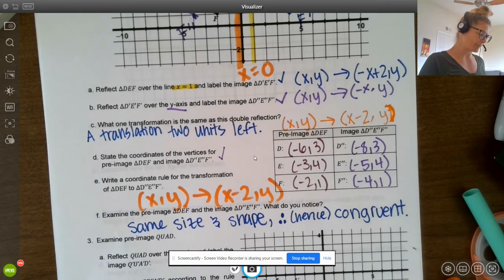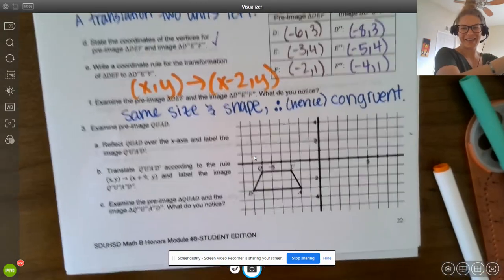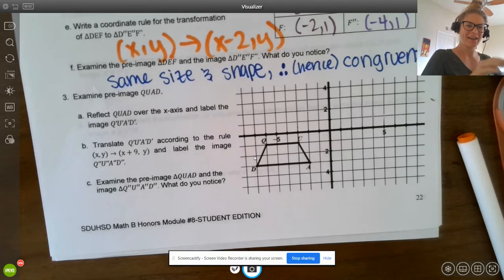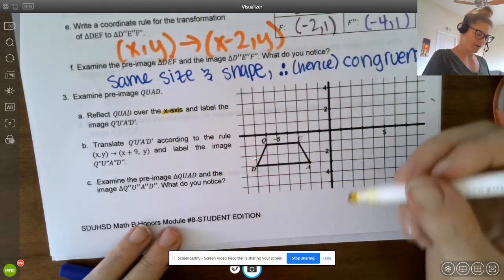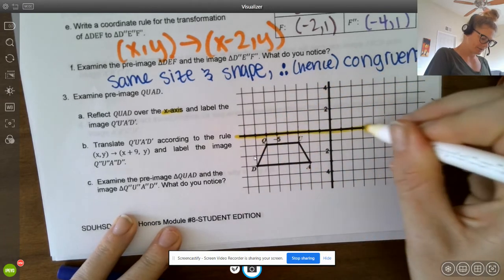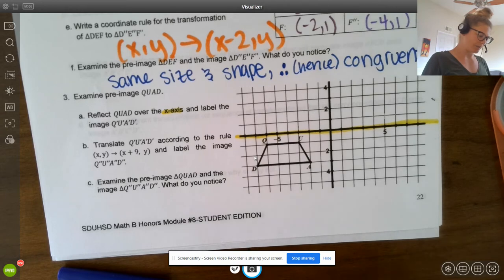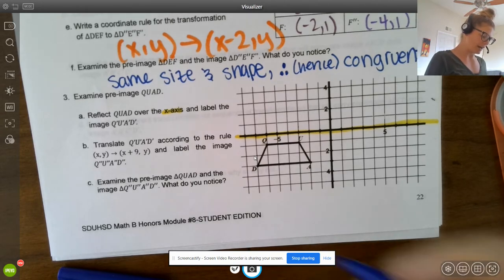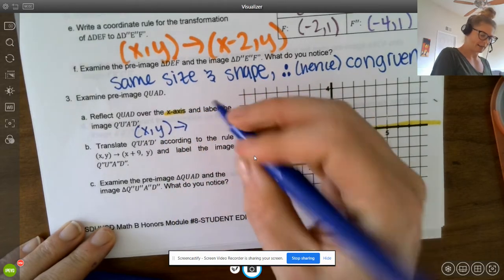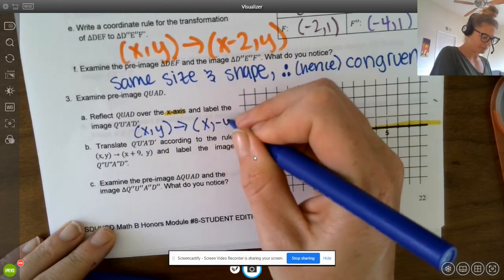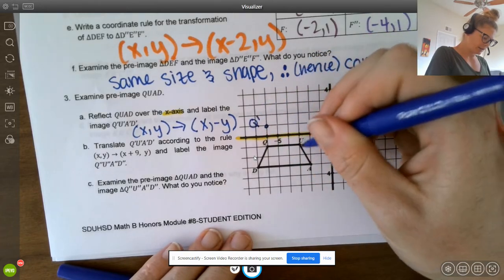Cool. Let's take a look at number 3. So we have quadrilateral QUAD. We're going to reflect across the x-axis to get our first image. So let's do that. And remember, if we are looking at coordinate rules here, (x, y), when we go across the x-axis, only changes the y value. So we're going to have Q prime